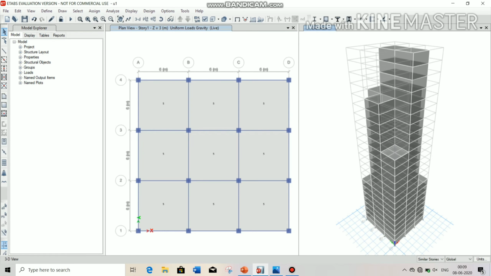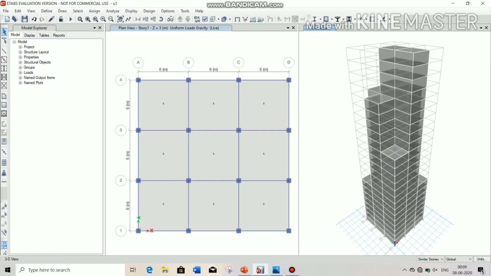Here I have already drawn the building and now I am going to analyze the building for seismic analysis by the response spectrum method.